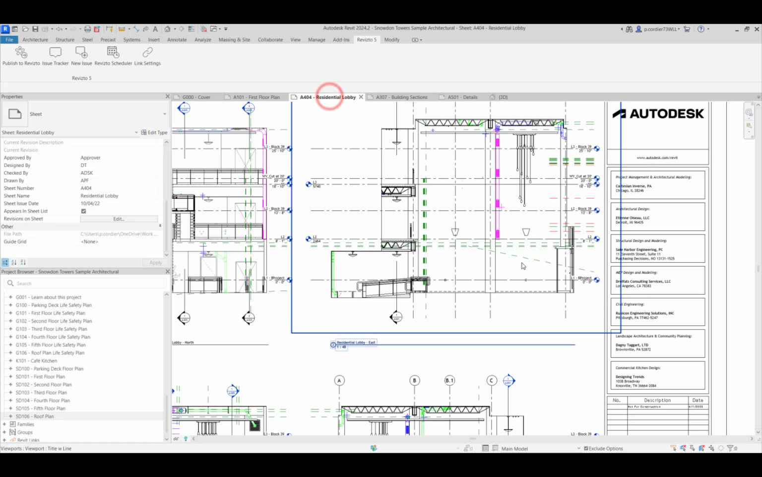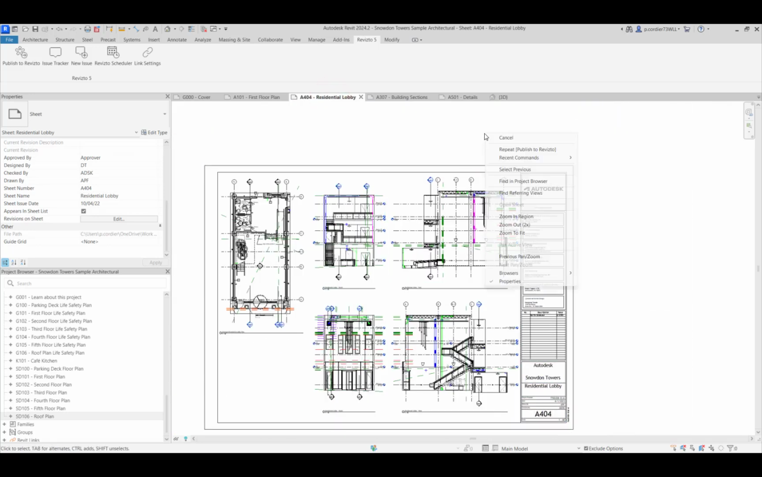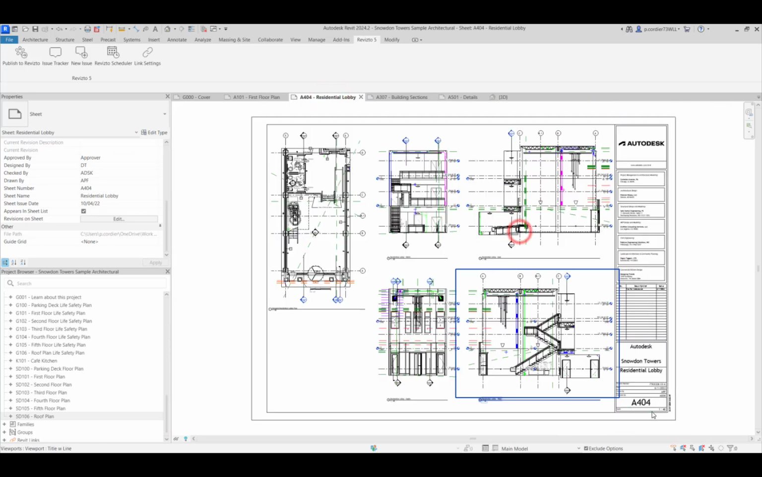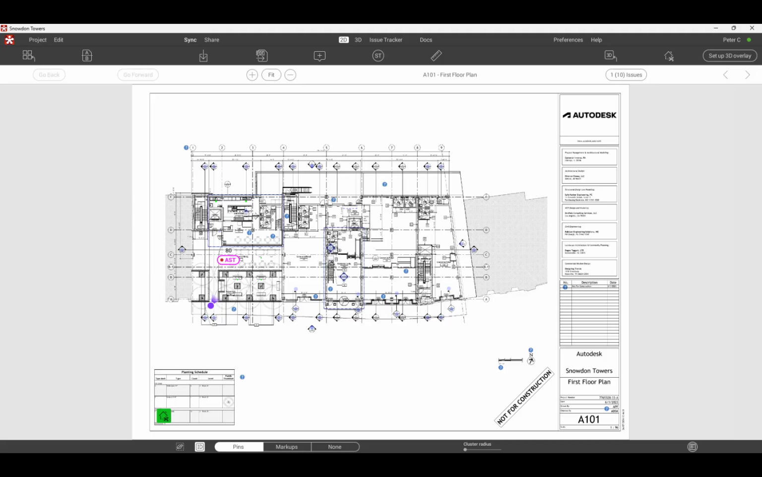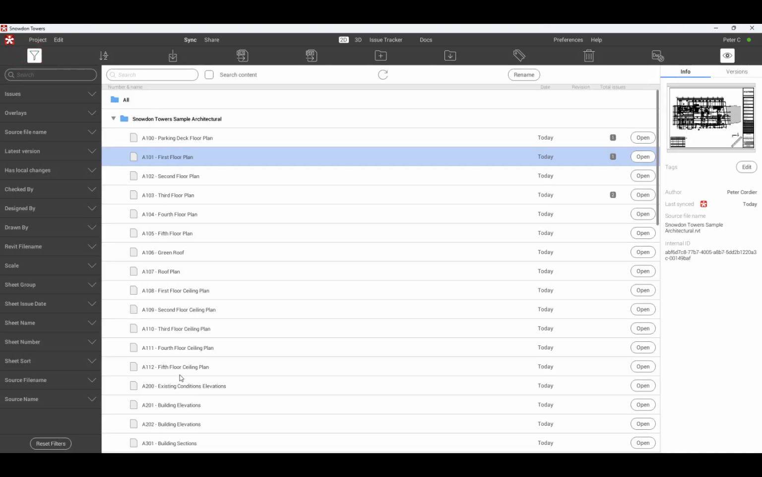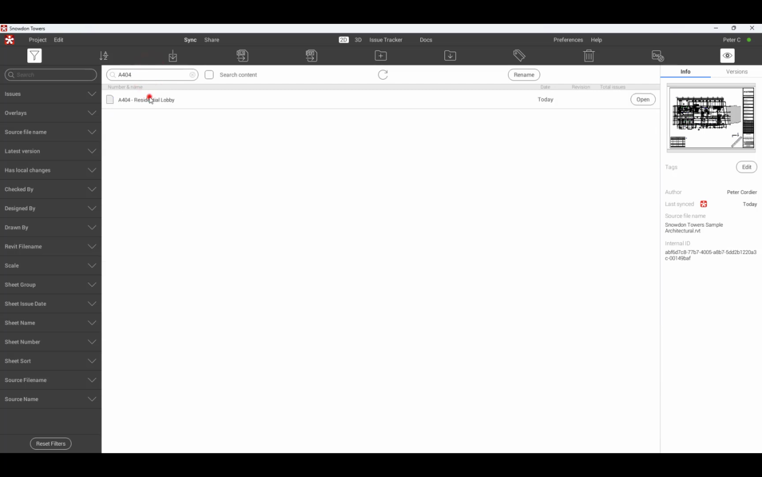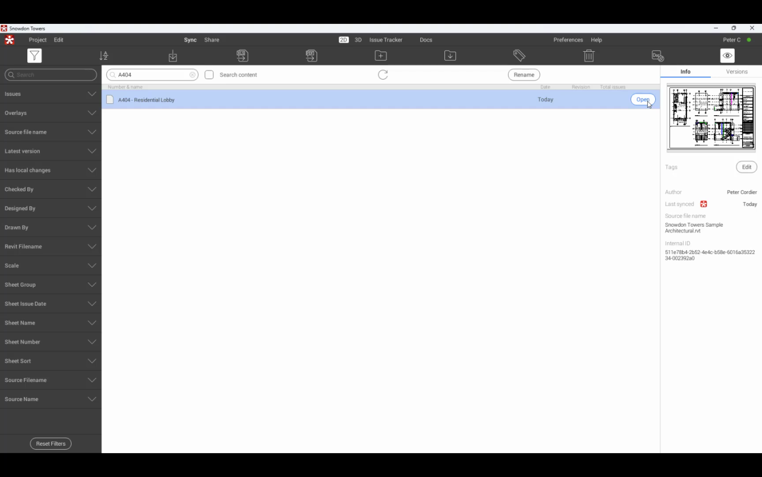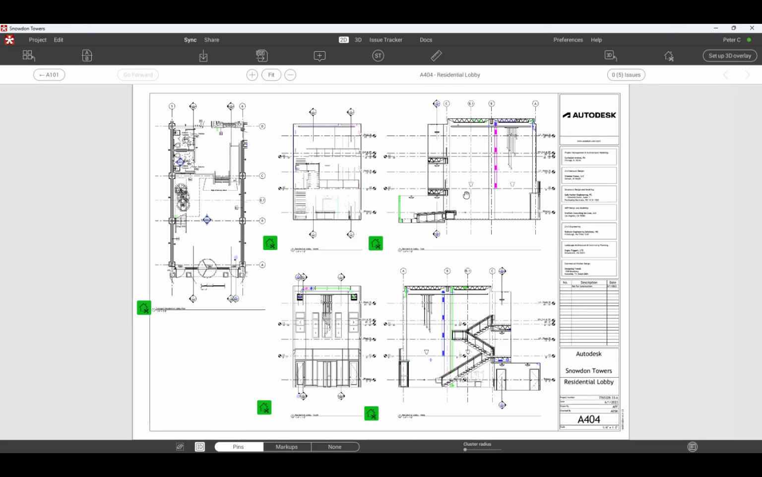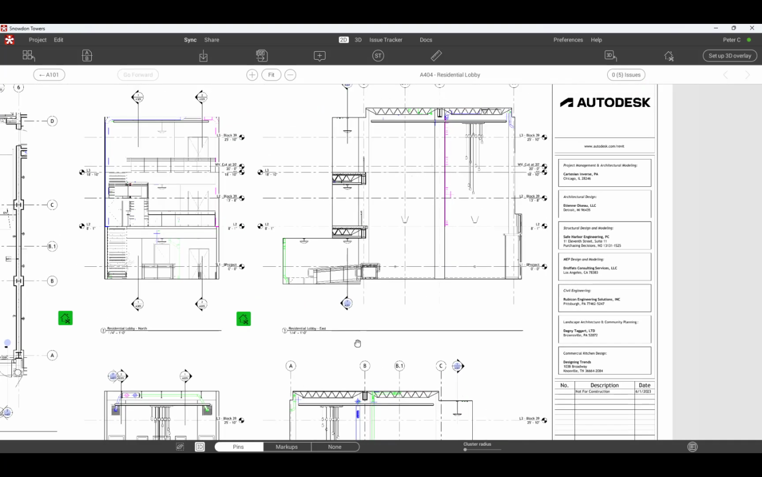So again, we have this drawing A404. If I jump to Revizto, I could just try and find that in the list, but let's just search for it. It's easier to do it like that if you've got lots of drawings and you know which drawing number you're looking for. So if we open this up, here we have the same